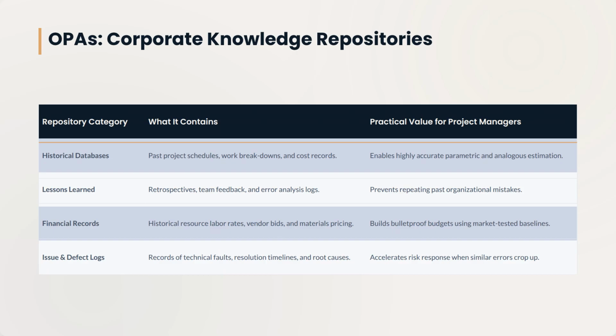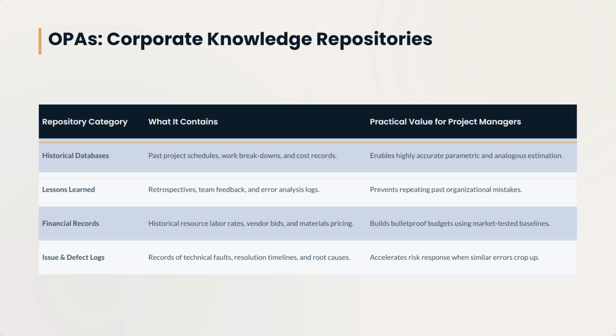The second category of OPAs is knowledge repositories. This is where your company stores its data. We have historical databases containing schedules and costs of past projects. Lessons learned repositories detailing what went right and what went horribly wrong. Financial records showing past labor rates and issue logs that store past engineering challenges. This is corporate gold. Example: if a software development firm is estimating the cost to build a new mobile app